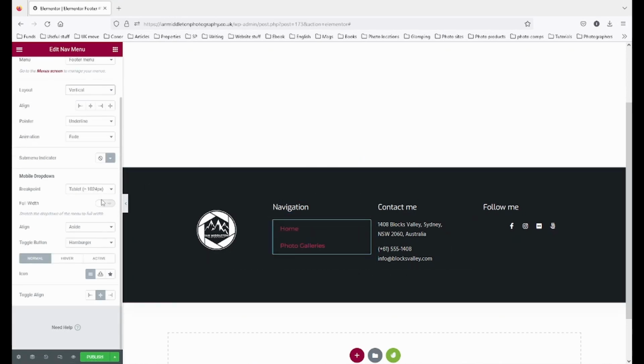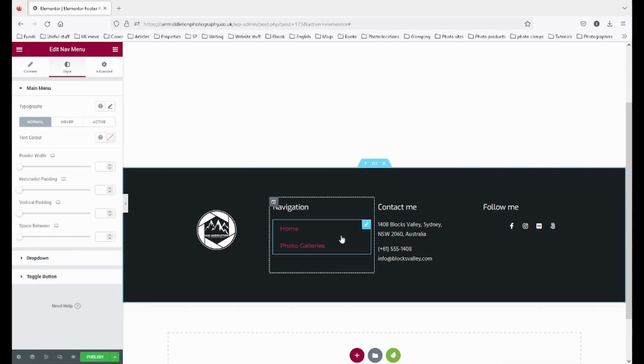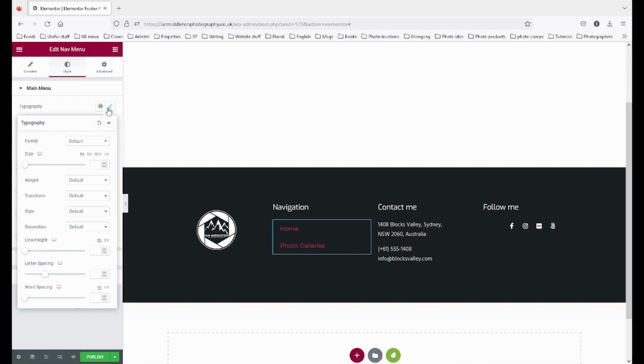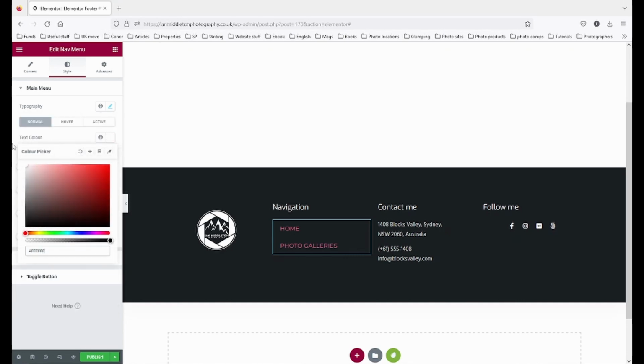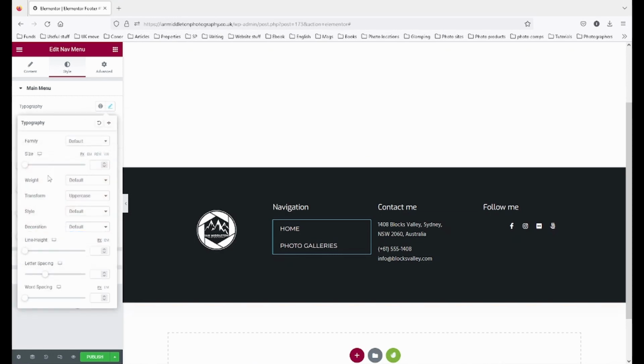And again, if you want to make the breakpoint mobile rather than tablet for here, come up to the style, see that we've got these nasty colors here, so let's make sure the typography is on default, transform it to uppercase here, and the text color, we can make it white, make the text a bit smaller if we want, make it 12 or 13 like it was there,